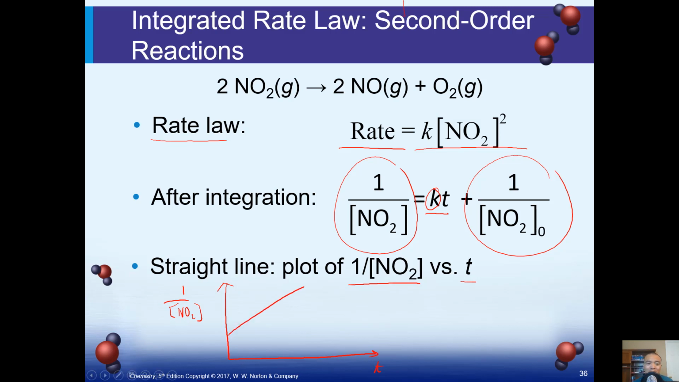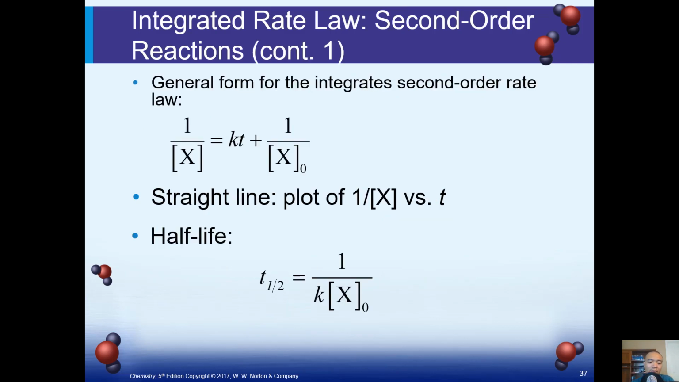That will be a positive slope. And the y-intercept over here will be the inverse of initial concentration. For the second order reaction, the half-life is inversely proportional to the initial concentration. In other words, the greater the initial concentration, the less time it takes for half of the substance to be